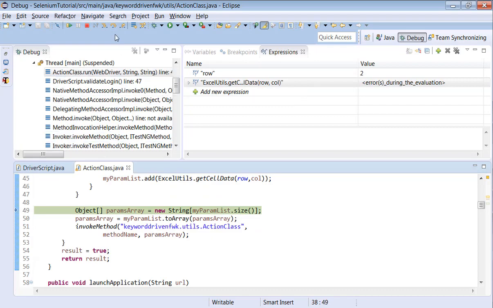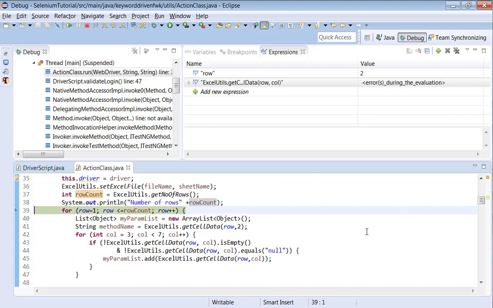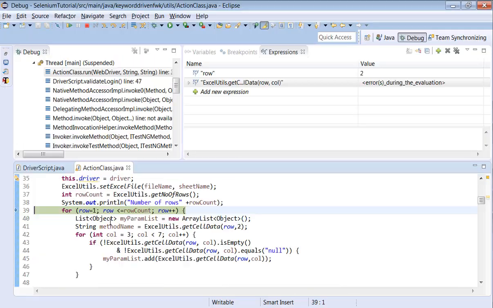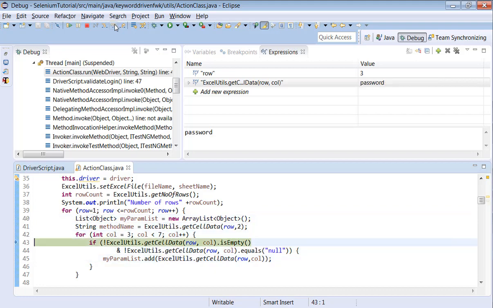Then we add all the parameters to the array list and we invoke the method. See now what happens. It enters the value as username admin123. The same logic will be executed for each and every row. There is no change.